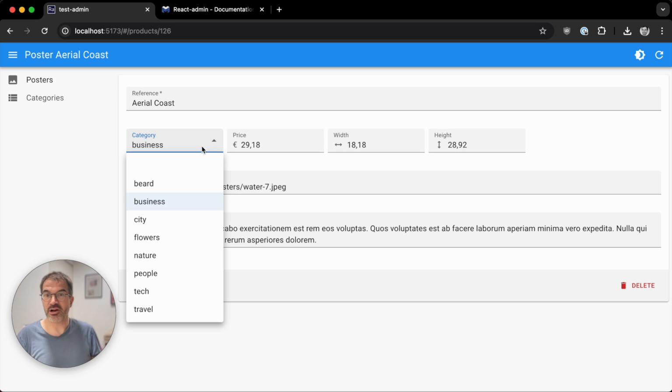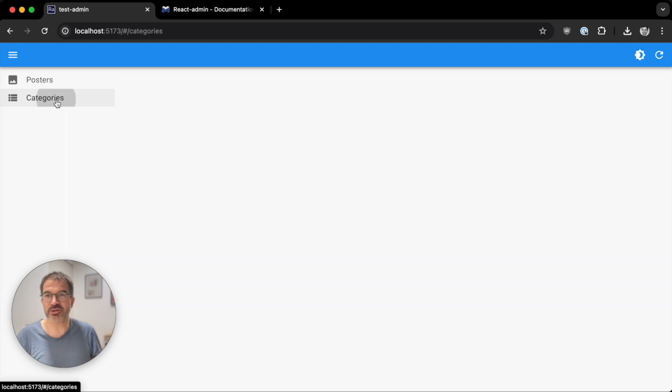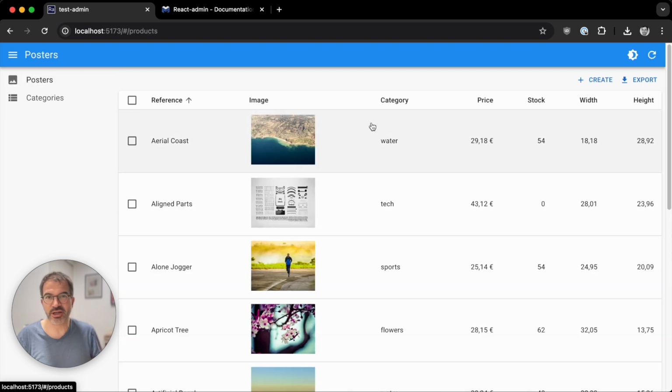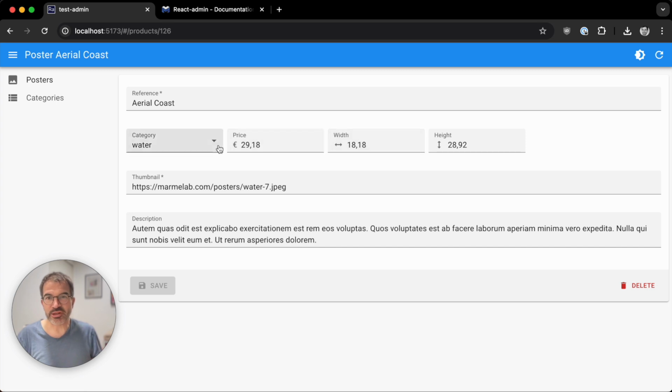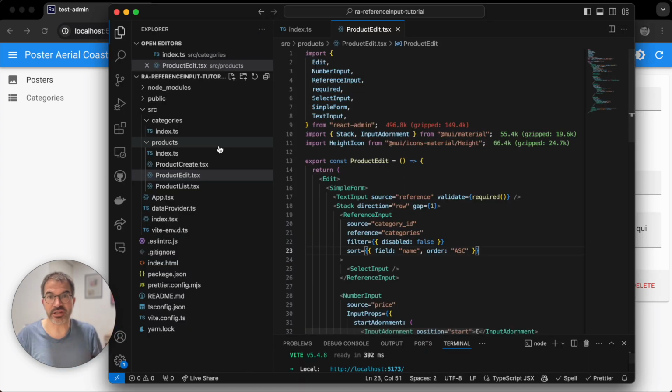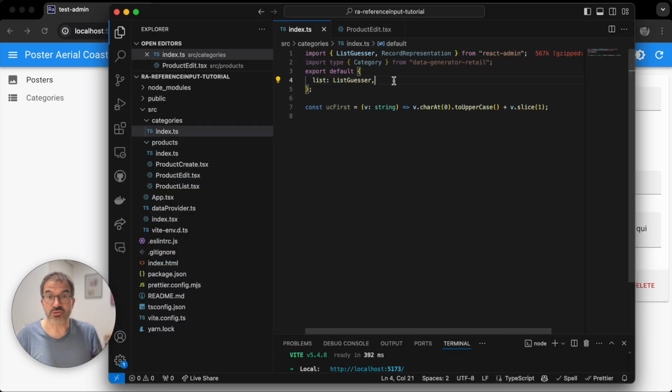It's great when I select it. Well, it's great, except these are lowercase category names. This is because the record here uses lowercase category names, but it's not really user-friendly. In the list as well, we have lowercase category names, so it would be better to change the way a category is represented in the list, and for that I'm going to change the record representation of a category.